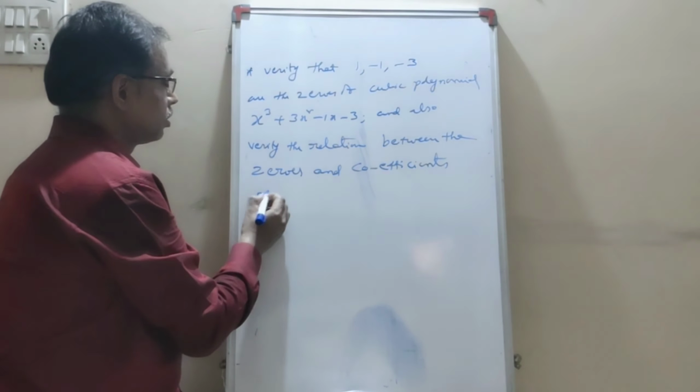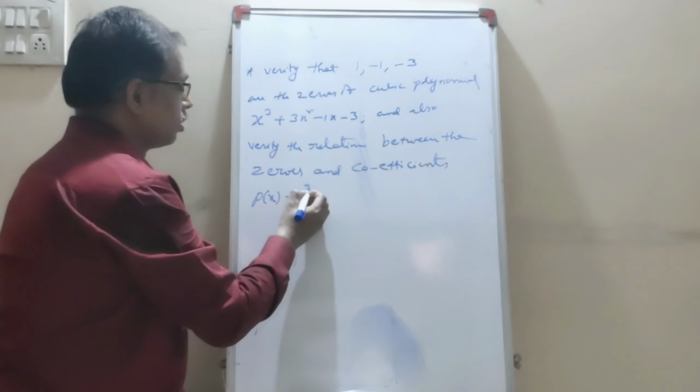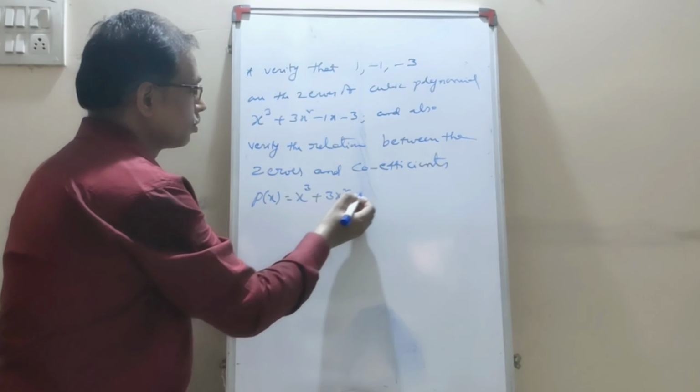So here first of all let us take it as p of x equals x cube plus 3x square minus x